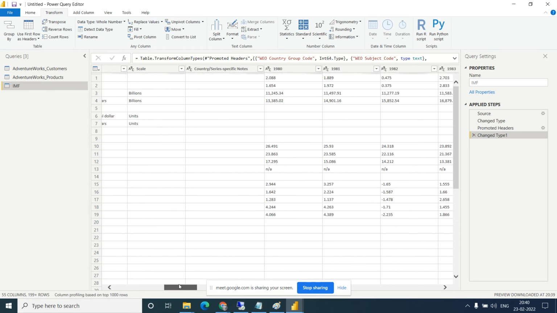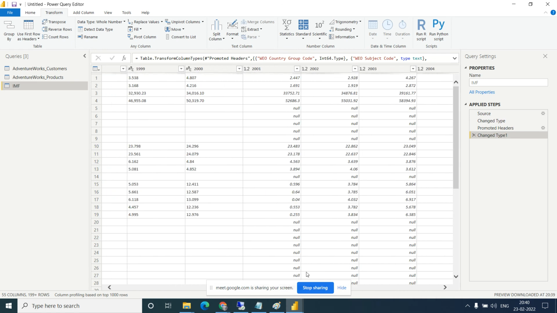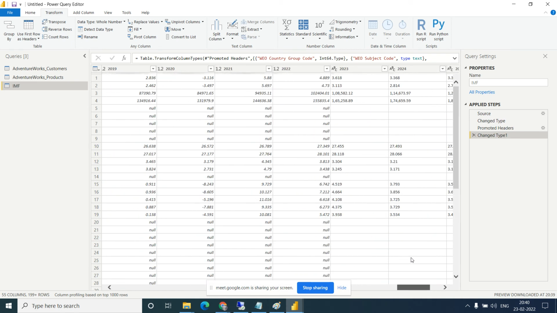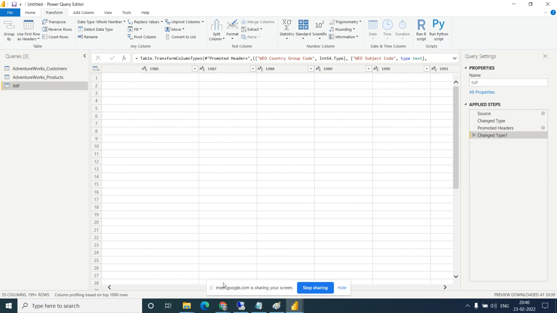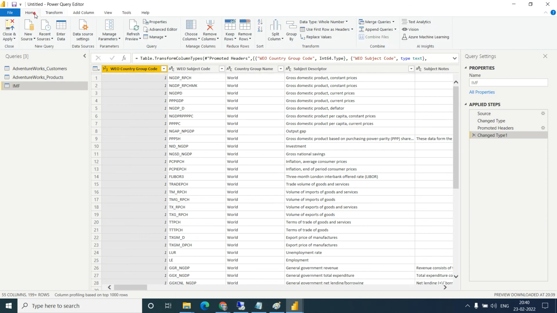We wanted to remove some of the unnecessary data. Okay, now we have this data available. If you want to remove some values or replace some values in a particular column, we can do this.